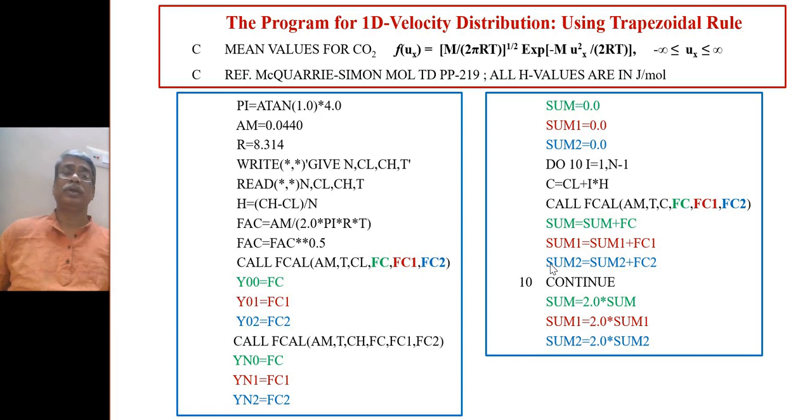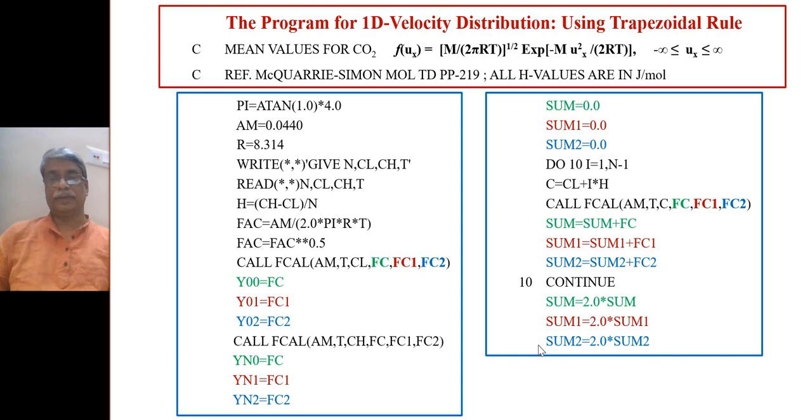That means we are doing 3 summations, right? And then we are finally multiplying by 2. In each case it is 2 because it is trapezoidal, but in Simpson we have to take it separately and multiply by 2 and 4 separately. But in the trapezoidal case, we have taken all the terms summation together and multiplied by only 2